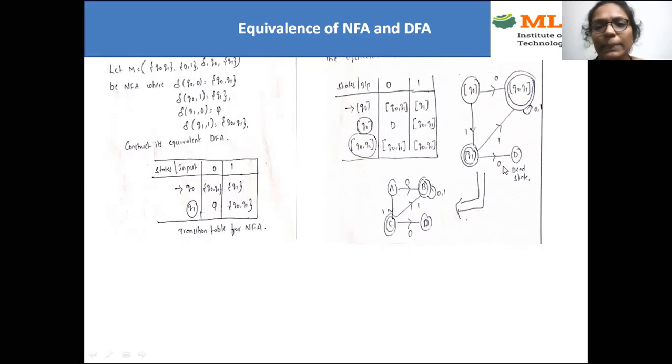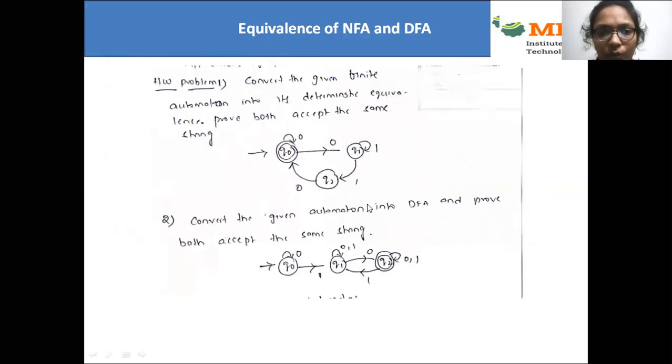So this is very simple: just draw the transition table for the given NFA, and wherever you get new terms, continue the transition table for those new terms until you cover all the new things. Then draw the diagram for that new transition table, which will give you the corresponding DFA. Here you have some practice problems. If you want, you can note them and practice them. So this is about the equivalence of NFA and DFA. Thank you.